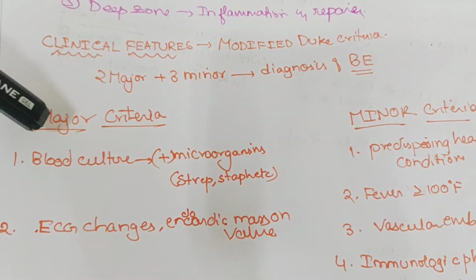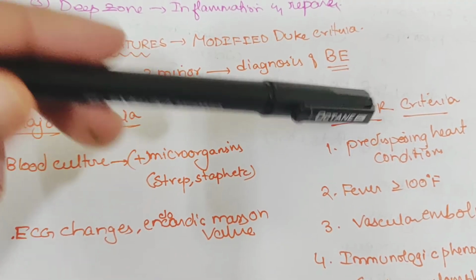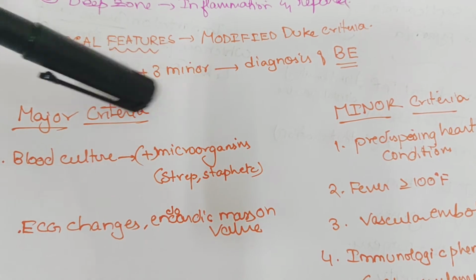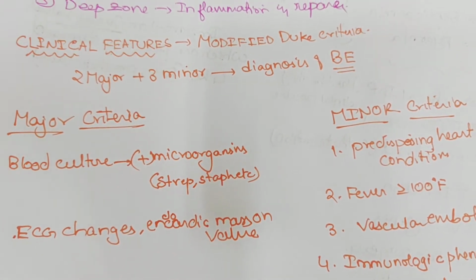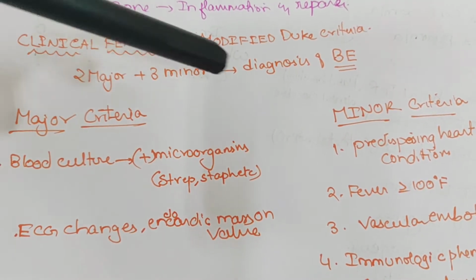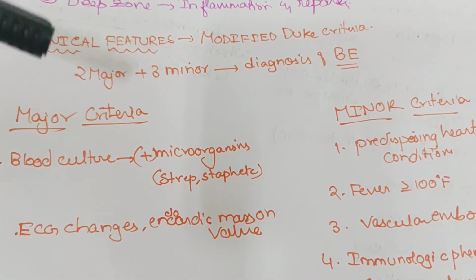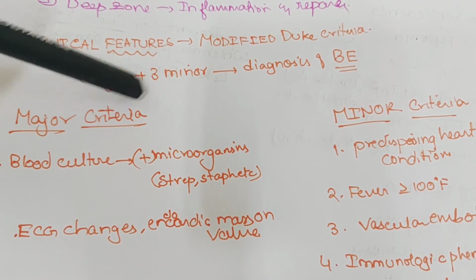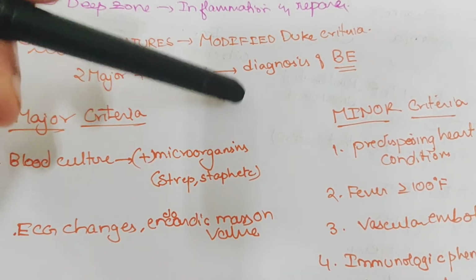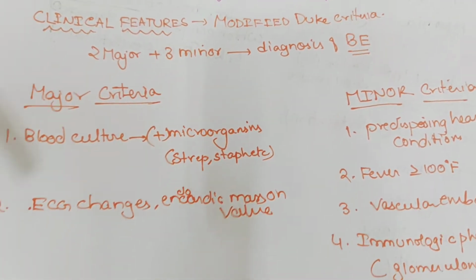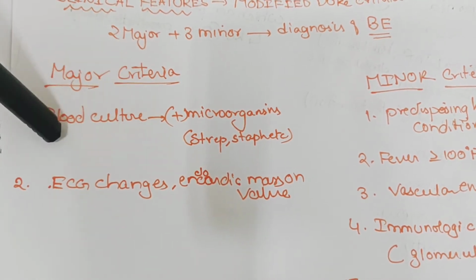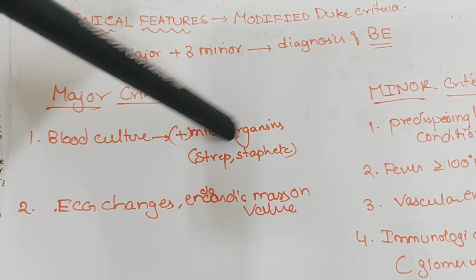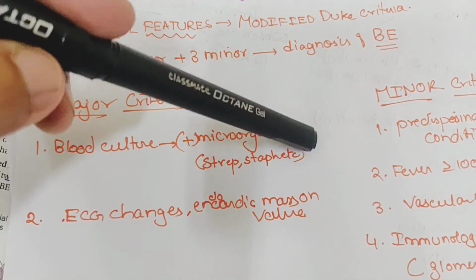So Duke's criteria have major criteria and minor criteria, and if you remember, rheumatic fever has Jones criteria. That is different, and this is different. So in modified Duke's criteria, if there are 2 major criteria and 3 minor criteria, then it is diagnosed as bacterial endocarditis. The major criteria is whenever we do blood culture, it is positive for microorganisms like streptococci, staphylococci, and